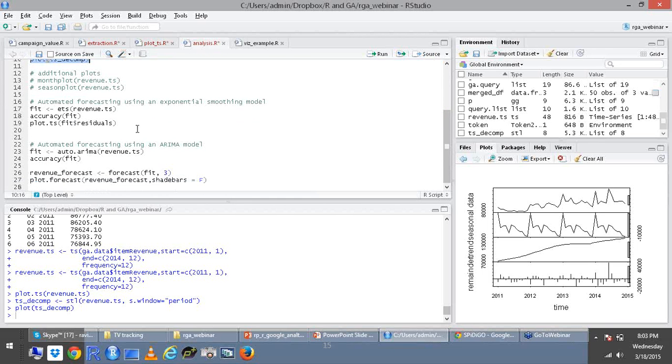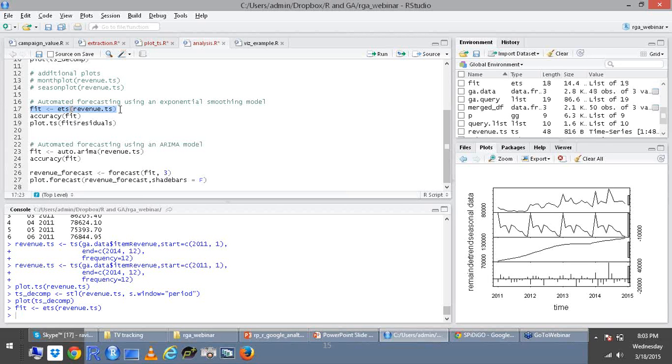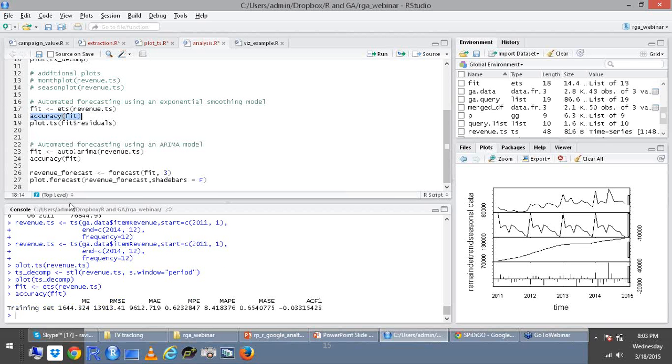Now, what you want to do is create a model, and this is a model built using exponential smoothing. Exponential smoothing is a method of creating a time series forecasting model which is not extremely complex, but is a good enough model as a starter for forecasting. What you may want to do is create a model, fit it, run this data on that model, and check the accuracy of the fit model.